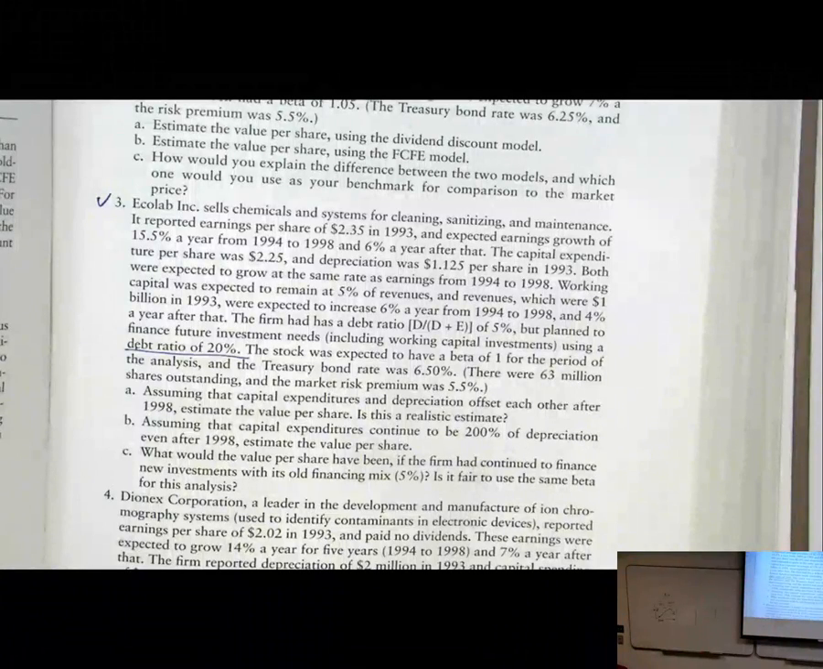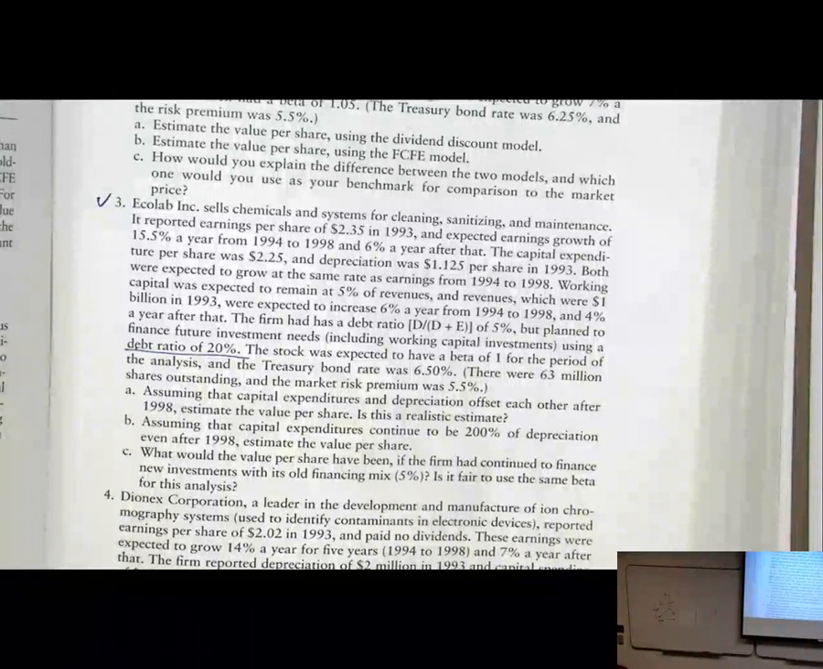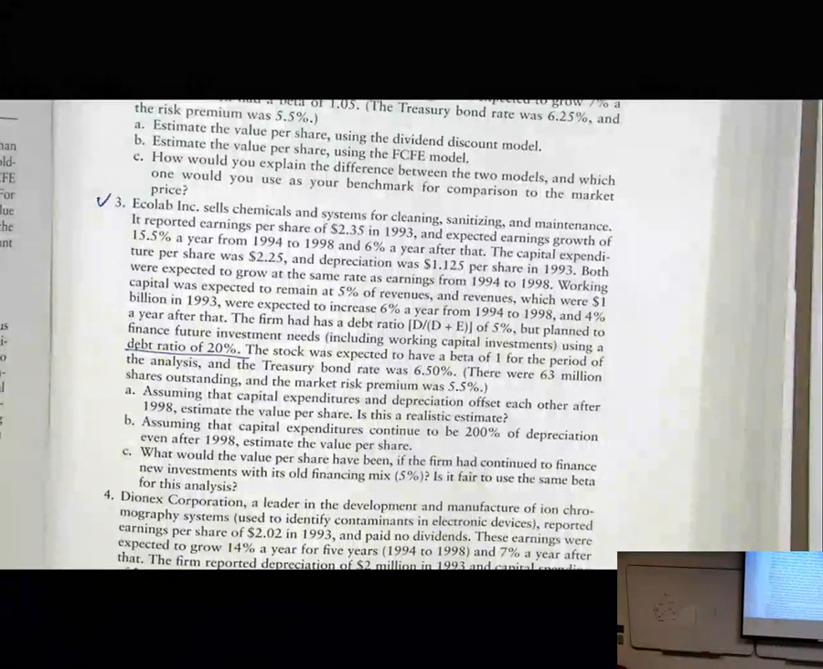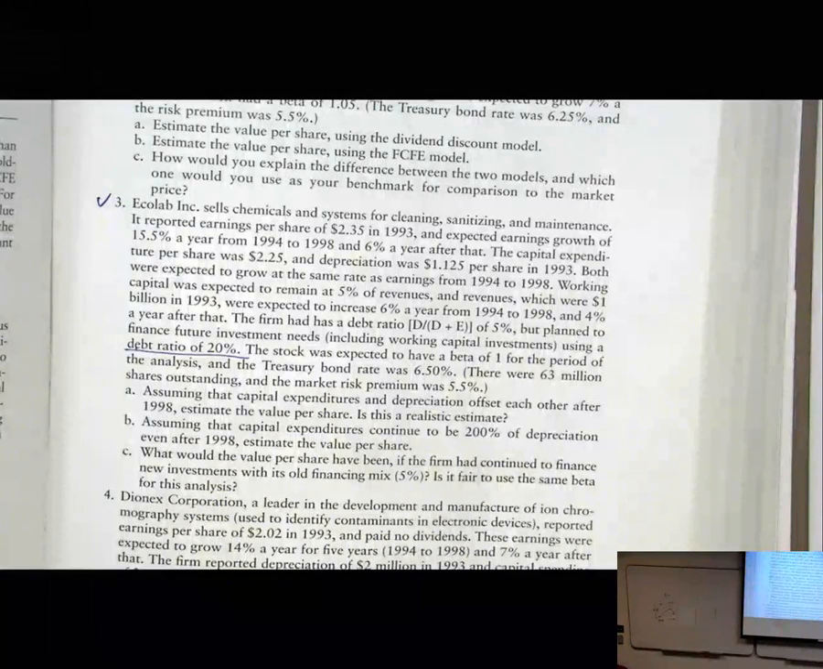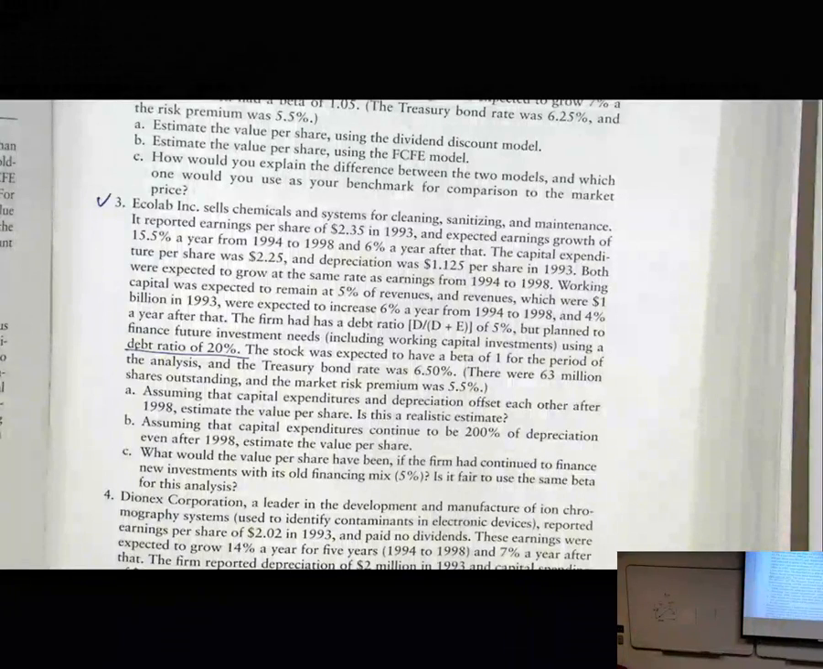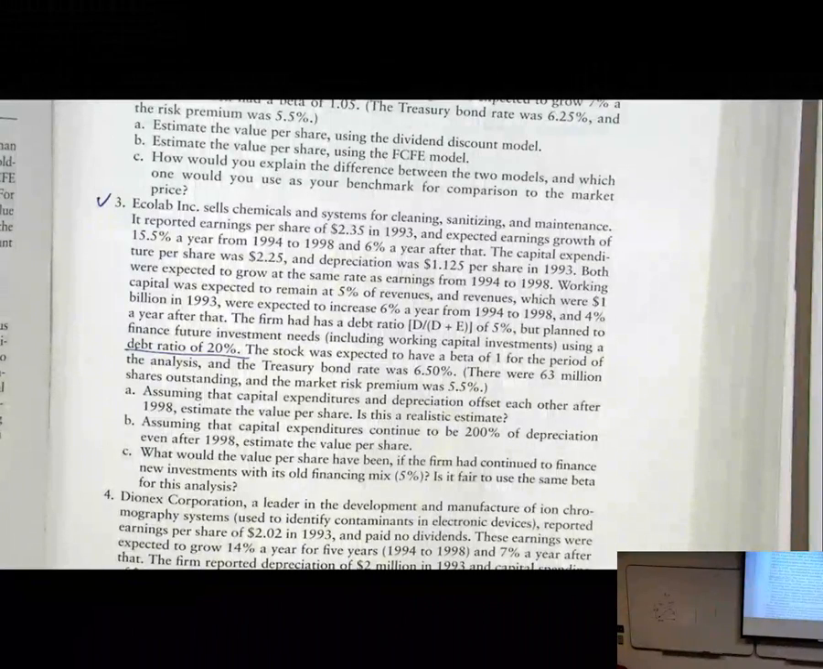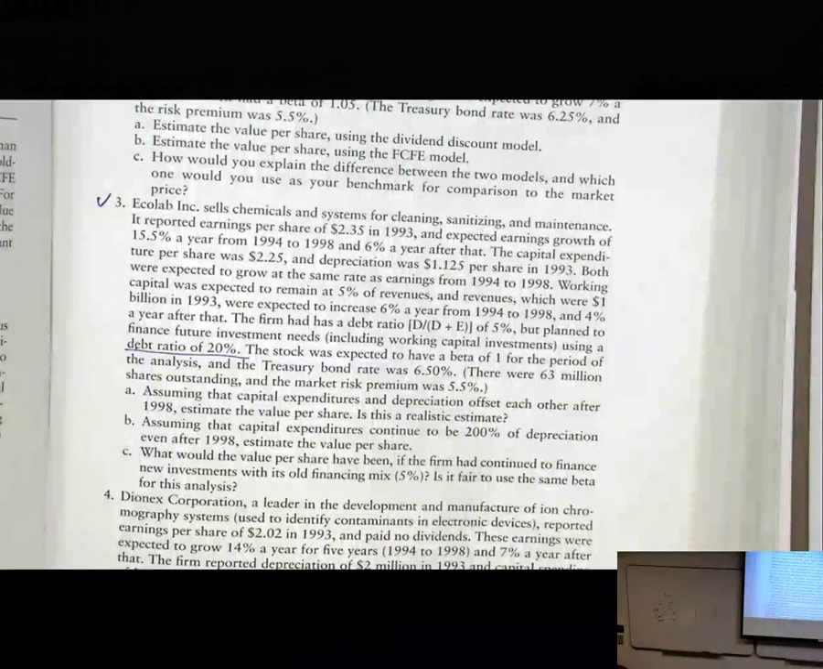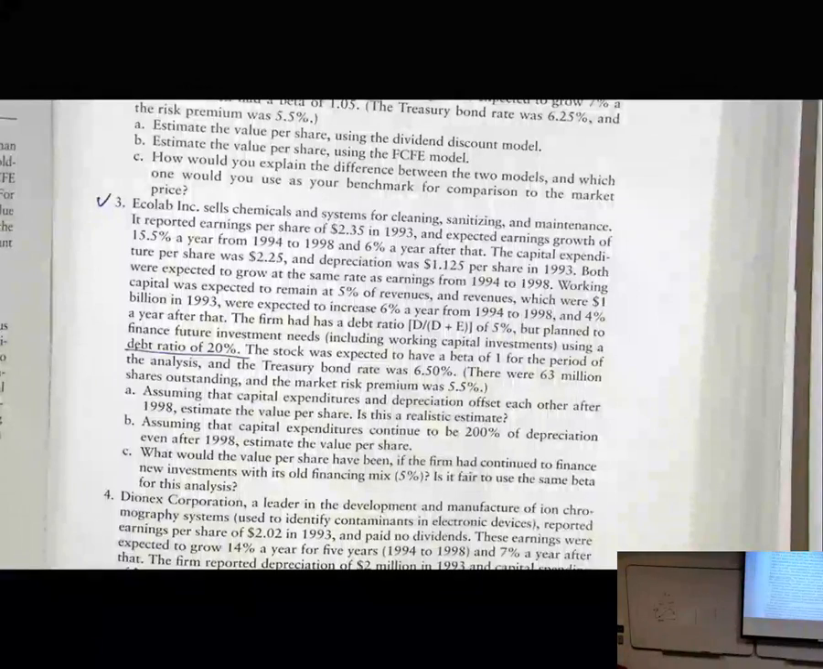Yeah, but then the company. If the company does not invest, we assume that growth will be 0, right? And here, if capital expenditure equals depreciation and amortization, the net investment would be 0. So the growth will be 0, which is inconsistent with the assumption that the growth will be like 4% after year 6. All right? Assuming that capital expenditure continues to be 2% of depreciation even after 1998, estimated value of